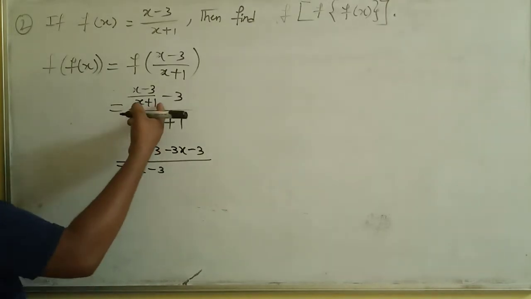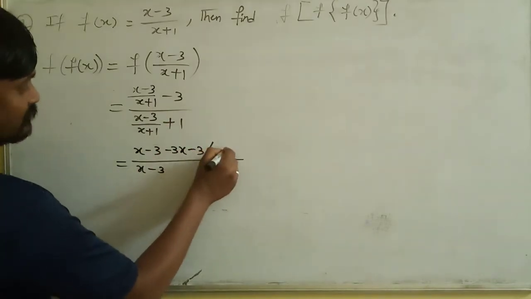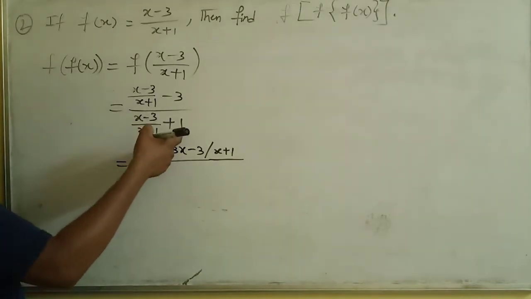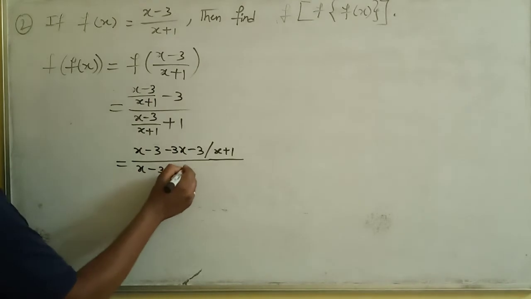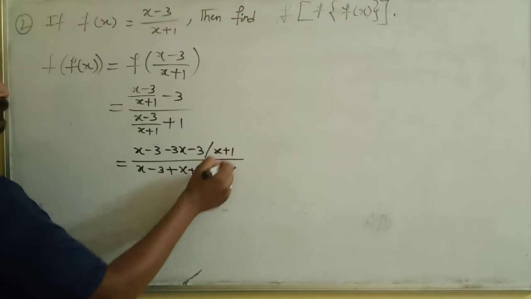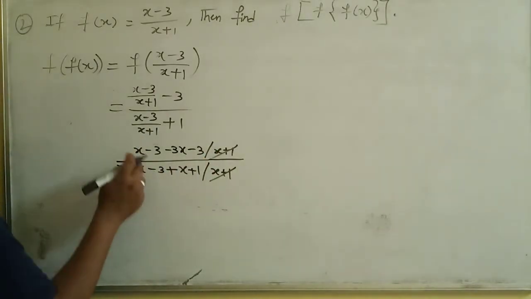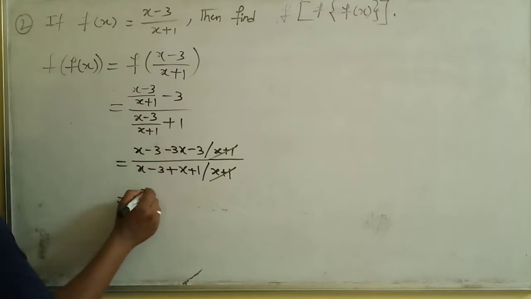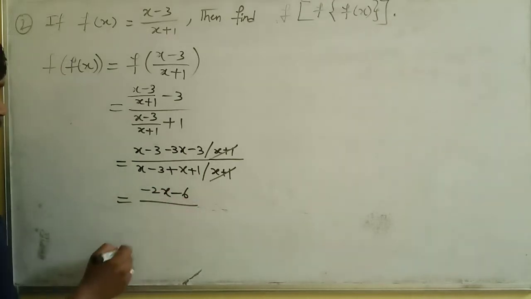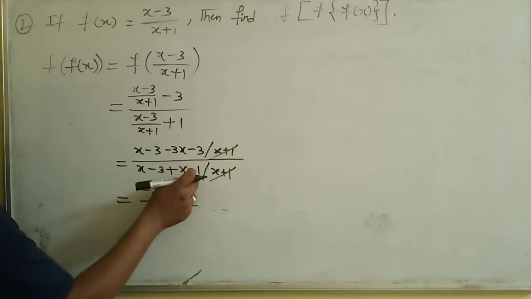So here x plus 1 I am not writing, because anyway here I will write upon x plus 1, and now here also x minus 3 plus 1 into x plus 1 means you will get as x plus 1 upon, what is the LCM? x plus 1. x plus 1, x plus 1 get cancelled. Now you can complete this part as x minus 3x. So that is minus 2x, minus 3 minus 3 minus 6 upon x plus x, 2x, minus 3 plus 1,